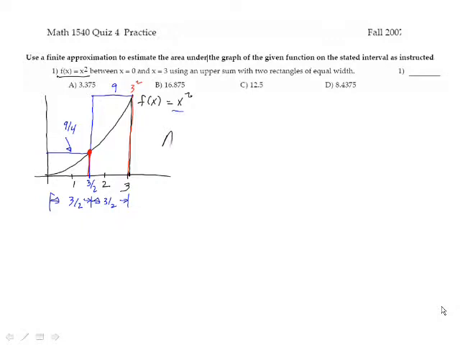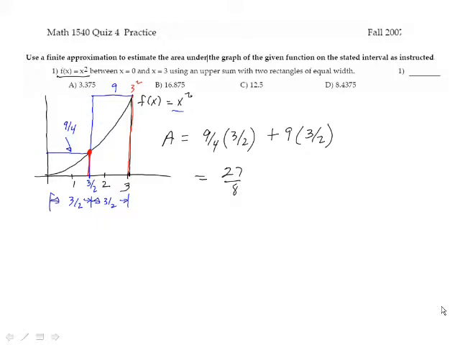So now we're ready to calculate the area. The area of the two rectangles would be the height of the rectangle times the width of the rectangle, which is 3/2. That's the first one. Plus the height of the second rectangle times the width of the second rectangle, times 3/2. And you get